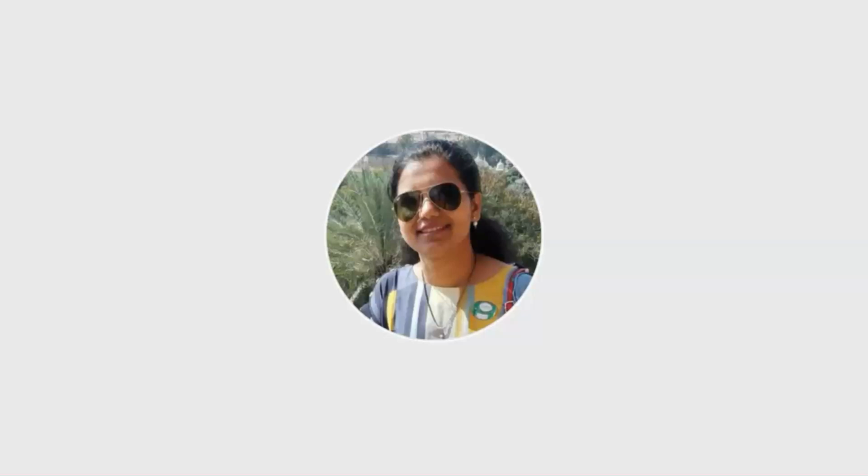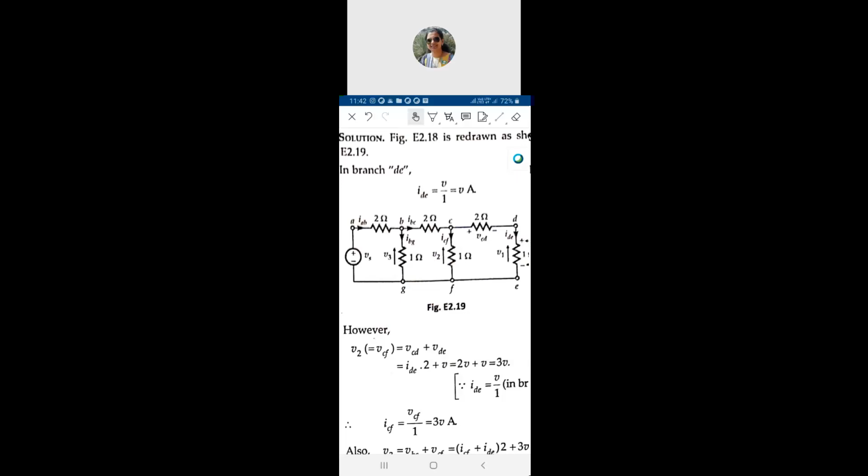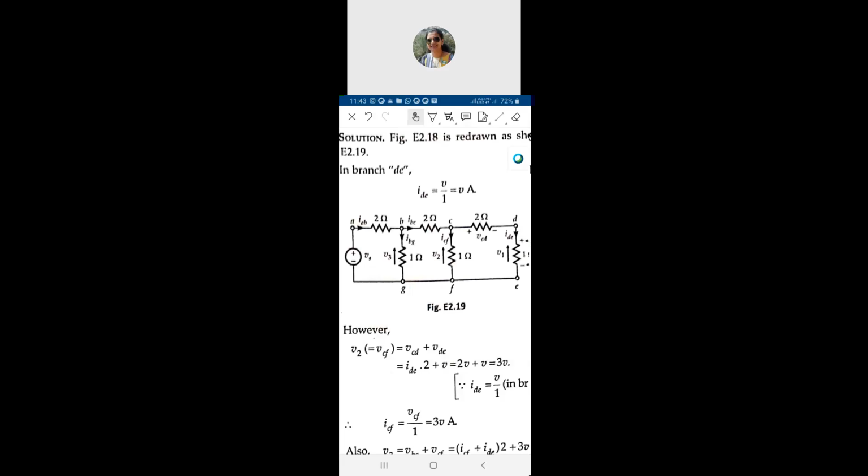If you observe the given diagram which is asked in the example, at branch DE, in between terminals D and E, there is a 1 ohm resistance and the voltage drop across this 1 ohm resistance is given, it is 3 volt. So we'll start from this branch. In this branch DE, we'll try to find out current IDE as we know the voltage drop. So IDE will be how much now?